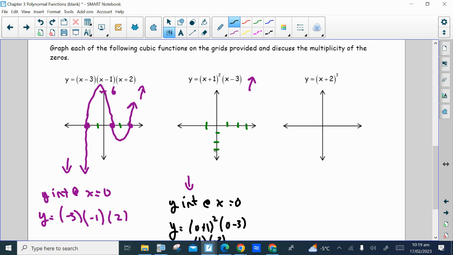Okay, so we have everything we need to draw a sketch. We know it's going to fall to the left. It comes up to this x-intercept of -1, and the graph has to bounce off of it. And then it's going to go down through the y-intercept, and then halfway between